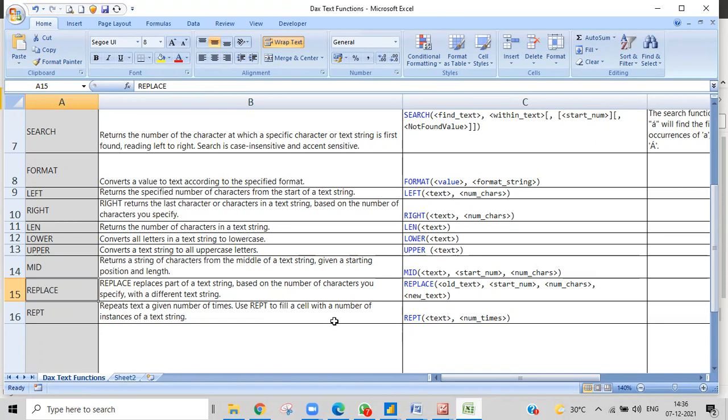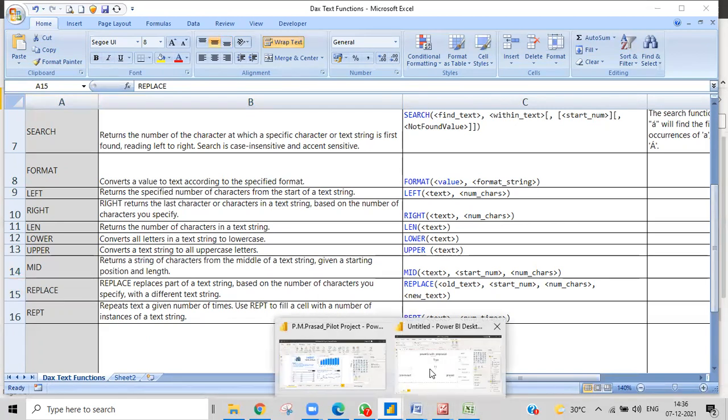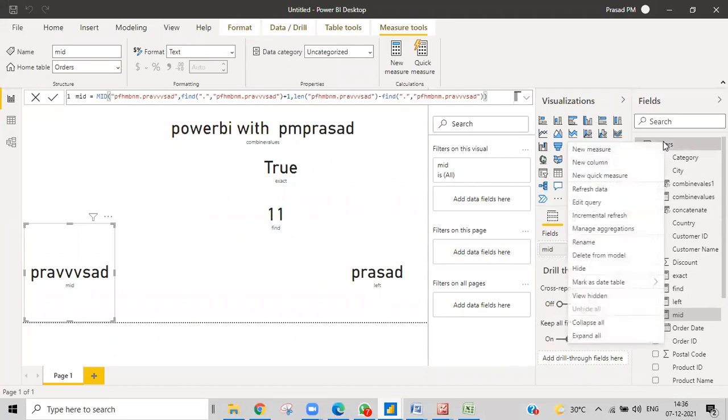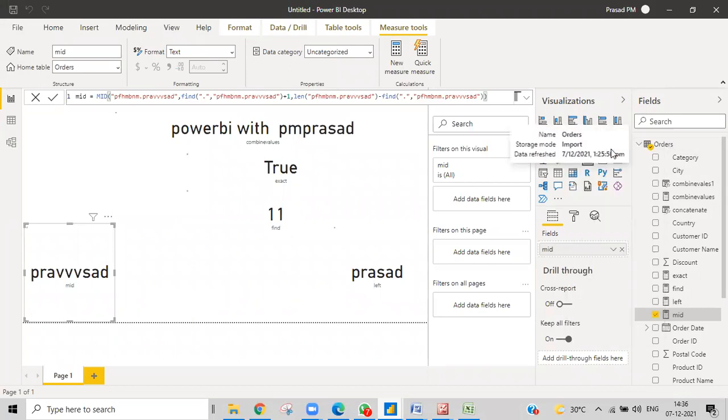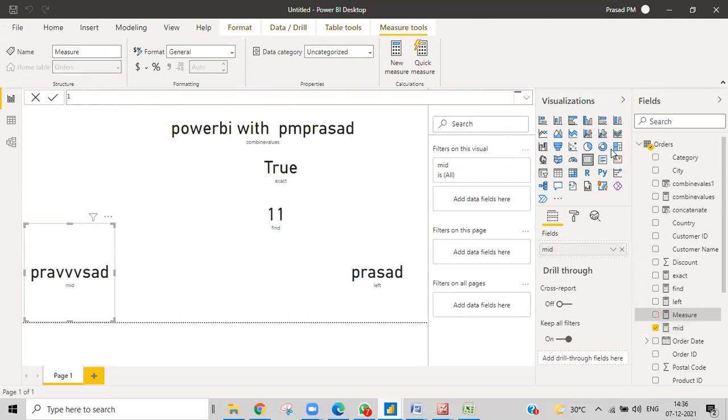People can't understand this directly, but still we'll go ahead and show some examples so that you'll get it pretty well. Let's see what exactly we are trying to write: REPLACE, and then the old text.